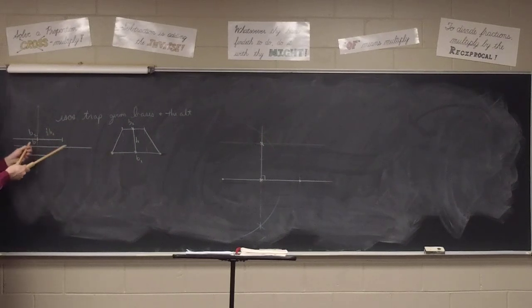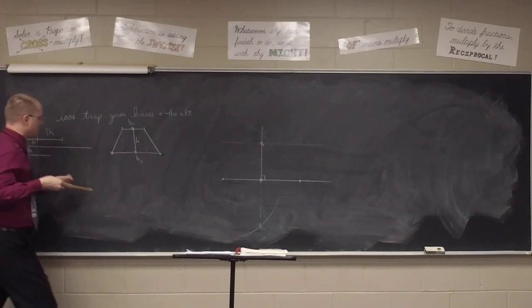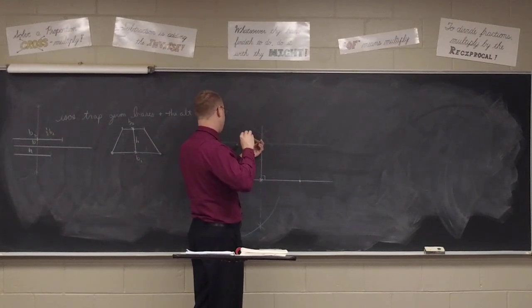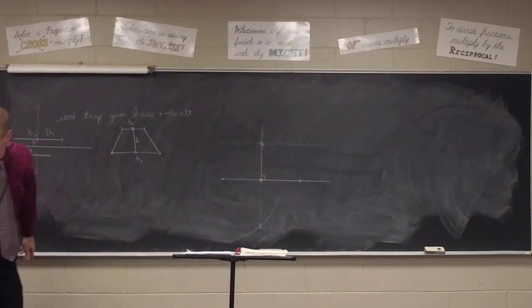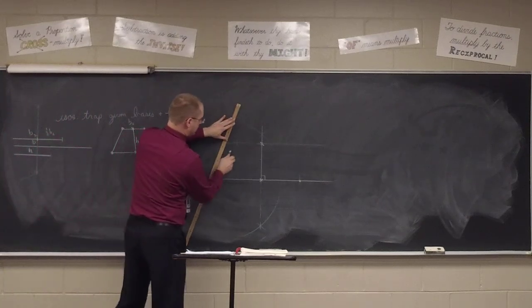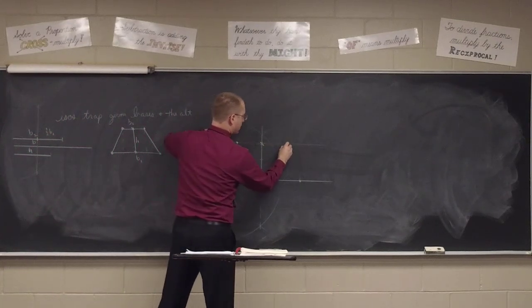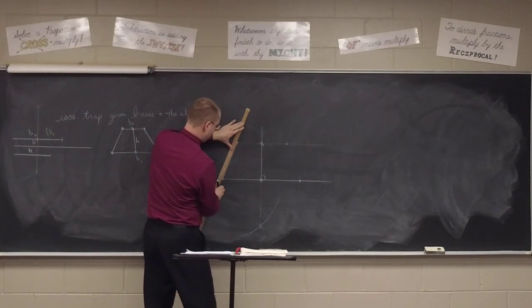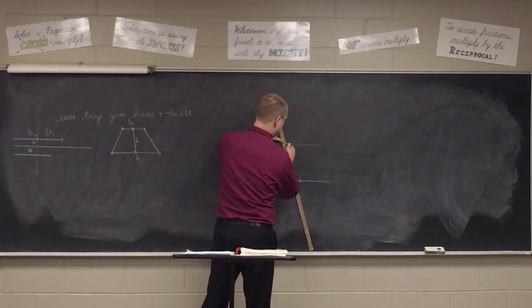Let's measure that off. And put half of it here and half of it here. That gives us these 2 points. 1, 2. And when we connect the dots down,